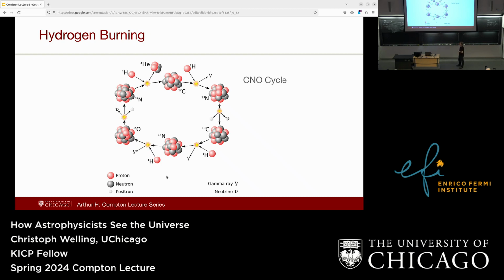Now, the problem with this, as I said earlier, is that your gas needs to be hot to overcome this repulsion, and now you have carbon involved, which I think has 6 protons, so it has 6 times the repulsive force. To overcome that, you need even more heat than for hydrogen